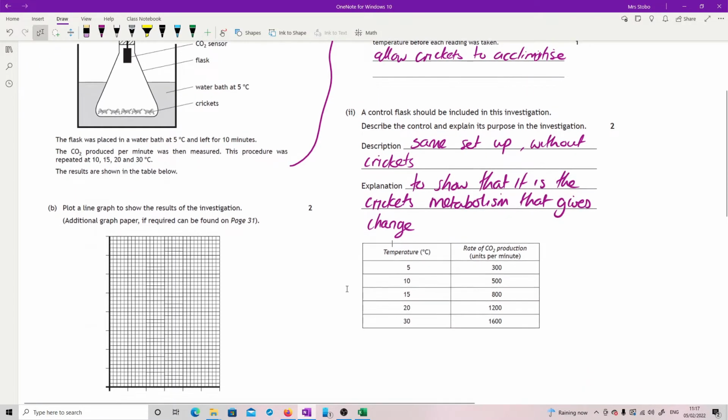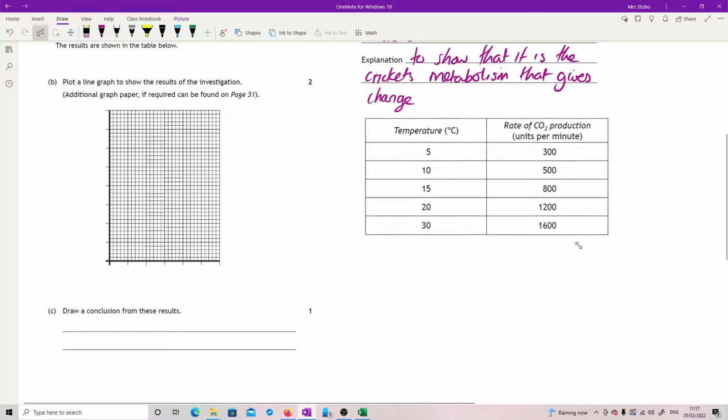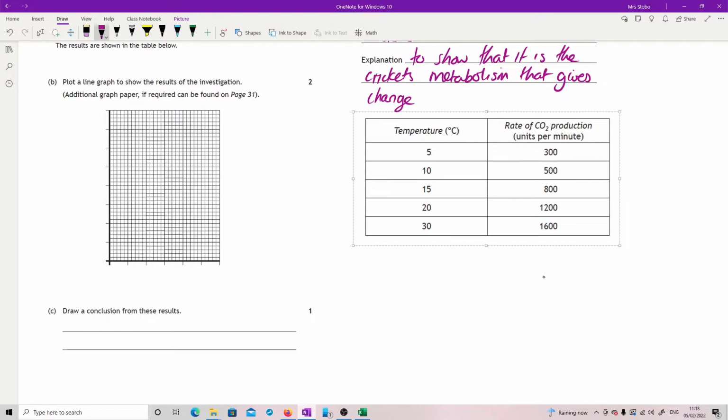Right, now if I go down to the next question, you're asked to plot a line graph to show the results. So I've recopied the results here. I can maybe make that a little bit bigger actually. There we go. So first off, nappy rule, what you changed goes across the bottom. So we've got 0, 5, 10, 15, 20, 25 and 30. Every check mark with a point. We put temperature,